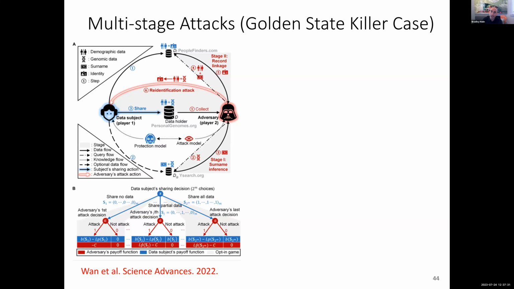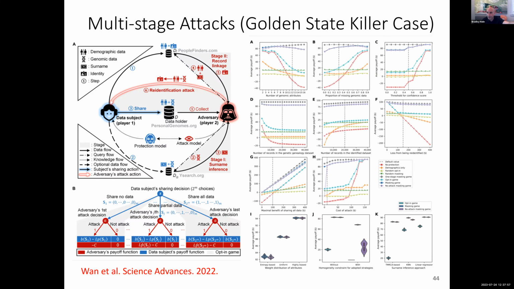We've also taken this out into a much more realistic setting, and we've replicated a lot of re-identification attacks over time. There was a paper that we came out with last year that looked at what happens with multi-stage attacks and how people have done DNA re-identification studies. And we did a revisiting to see if they're really as bad as people said they were. And basically the moral of the story is that there's a lot of experiments. This is your typical alphabet soup of all your possible experiments. But basically what you find is that the attacks have usually been presented as worst case scenarios, and they may not be as bad as they have been suggested.